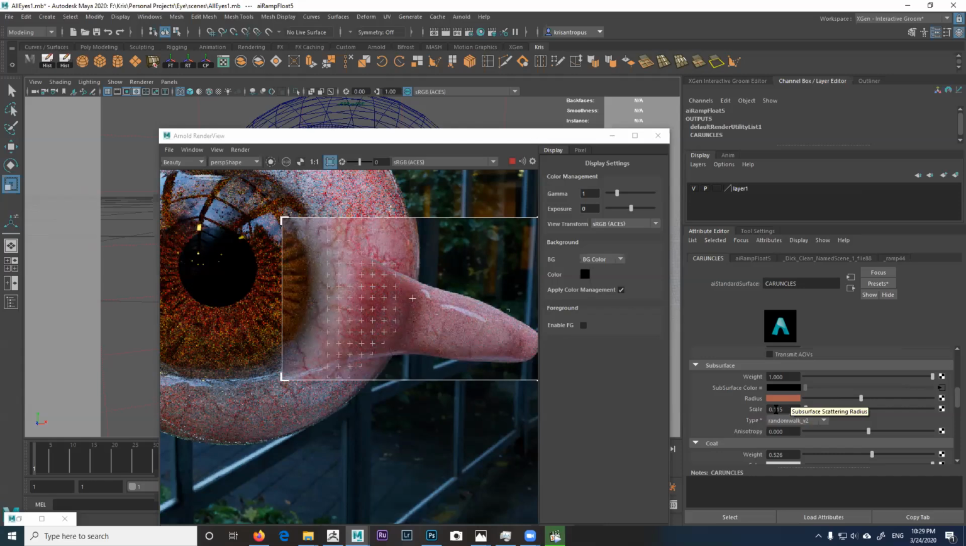For the scale, I'm using a little bit less scatter than the rest of the eyeball, and the reason is that those walls are so thin. It's almost like a membrane, so I kept the scale a little bit smaller. 115 matches a little bit the scale of the skin itself. And then for the subsurface color,